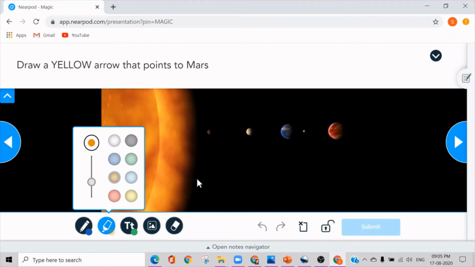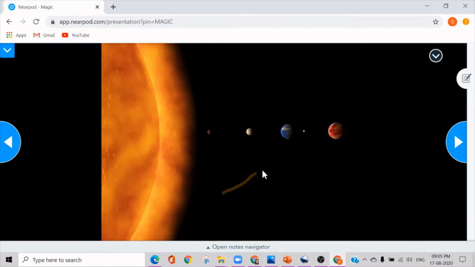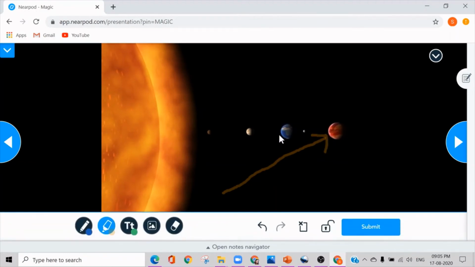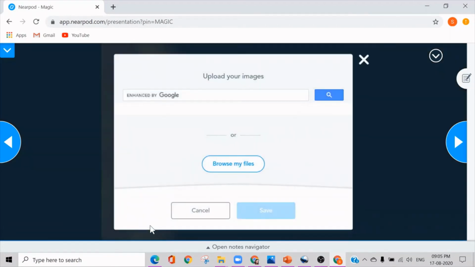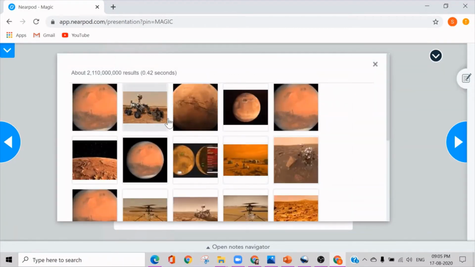So maybe Earth and Mars. Mercury, Venus, Earth, Mars. So I have to draw a yellow arrow. This is what is expected from a student. If I want to include some image, I can also include some image like a Mars image. I can select this image of Mars.